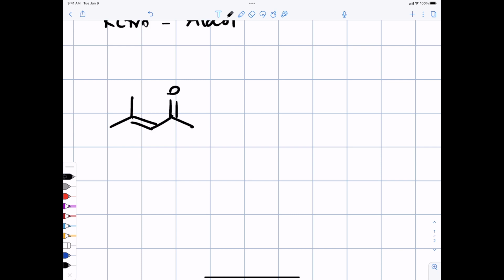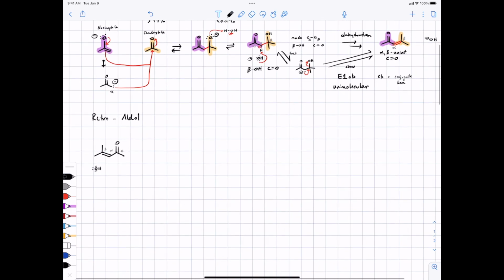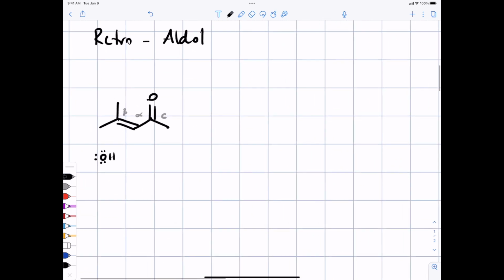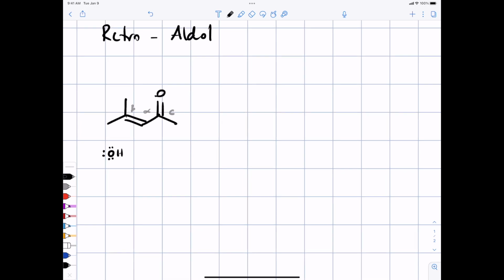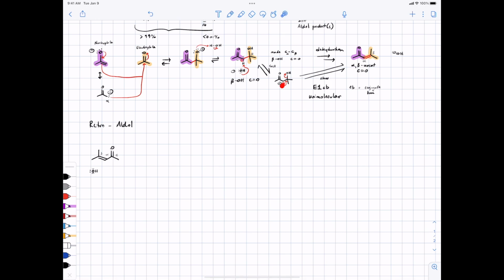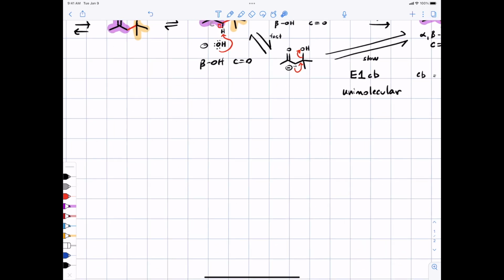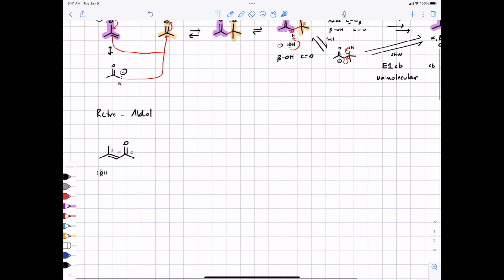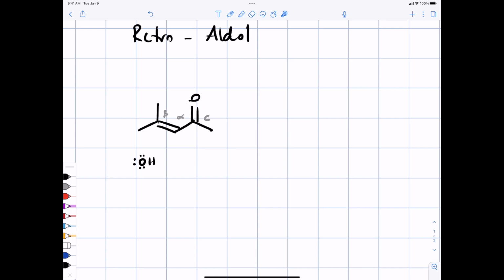enolate and ketone, carbonyl carbon, alpha carbon, beta carbon. Notice as we go through this, the intermediates we use are going to be exactly the same. We're just going to push arrows in the opposite way. So the final step was E1CB style elimination of an OH group, breaking the bond between the beta carbon and the OH group. Therefore, step 1 of the retroaldol reaction is